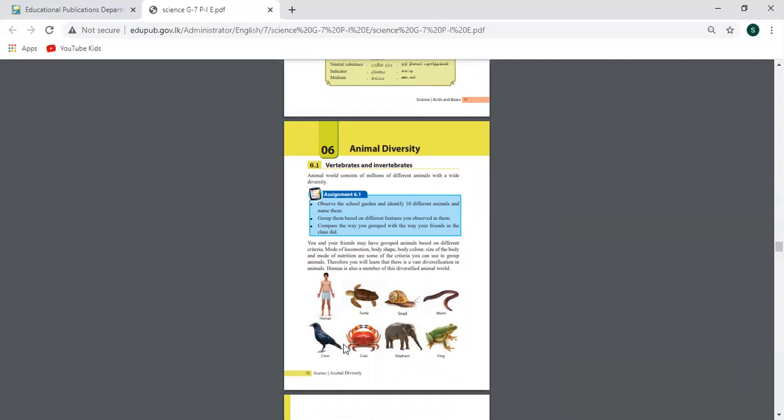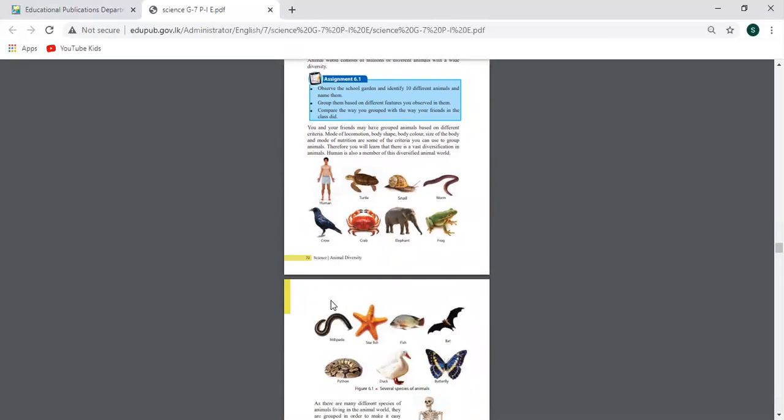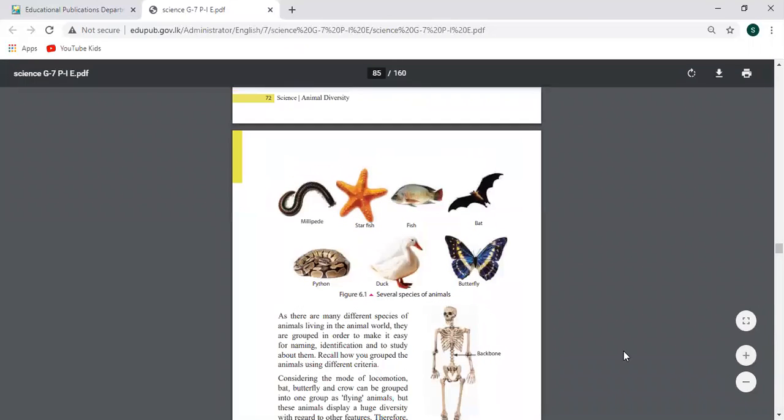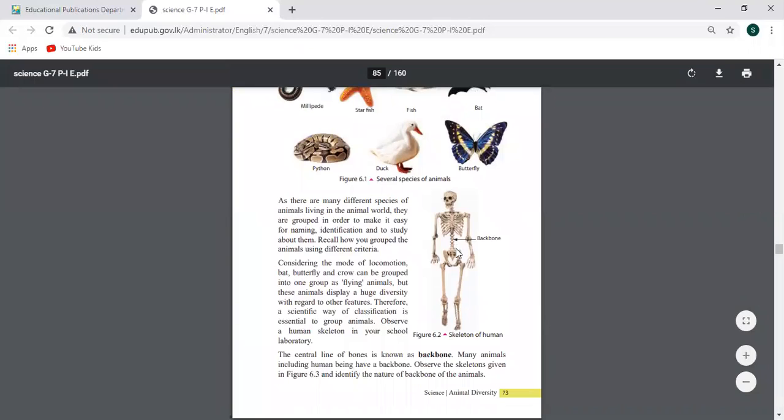Humans are vertebrates, because vertebrate means the creatures who have backbones, for example human, elephant, frog, all of them. The creatures who have a backbone are known as vertebrates, and the creatures who don't have a backbone are known